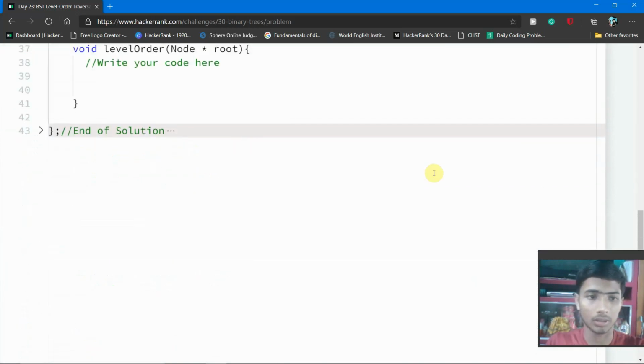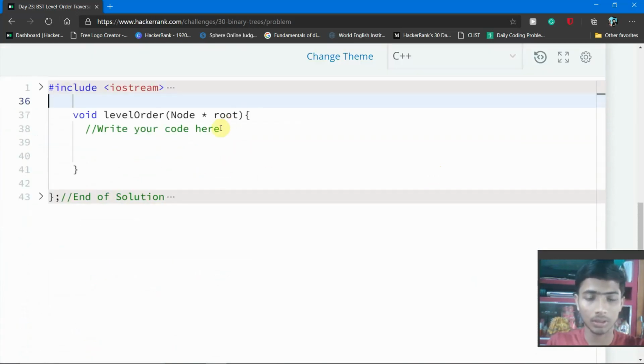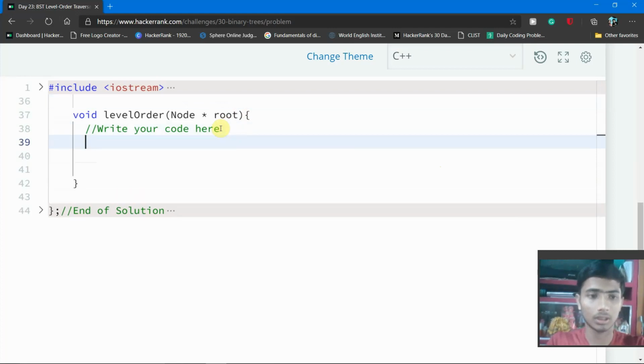and for the C++ language I simply start writing the code after the comment present, and this time we use the queue data structure, because using the queue data structure the code is very small.